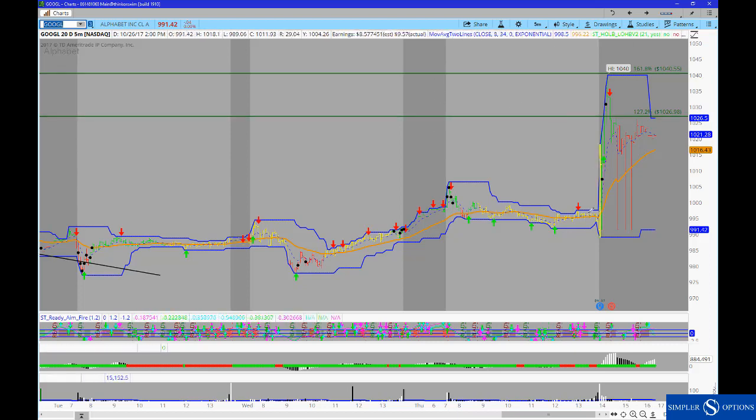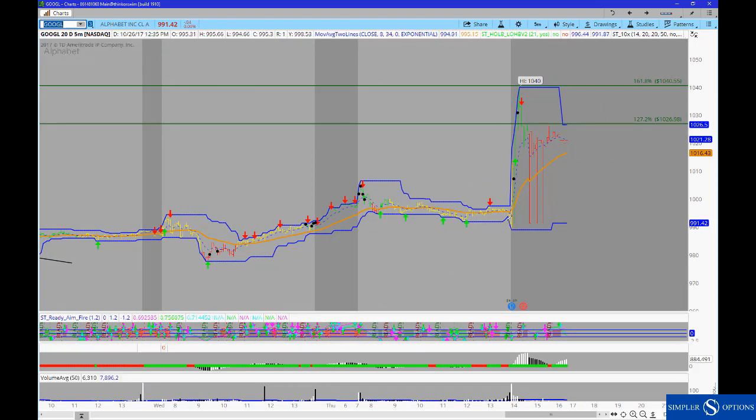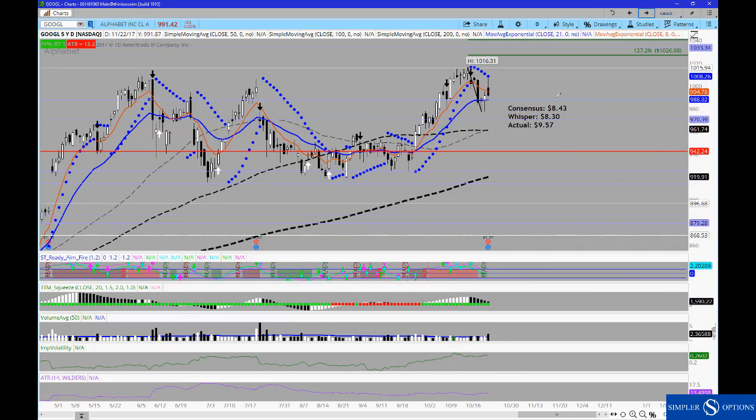So with the idea of Google heading into earnings, we looked at that butterfly, talking about placing it around either 1,000 or at the 1010 strike and using puts, trying to make it a little bit wider if at all possible. Then the report comes out and they've had just an amazing quarter. These were the numbers that I was looking at, which really blew away what most people were looking at, and despite such a solid beat on the report, we're only trading up about $30, which is right within